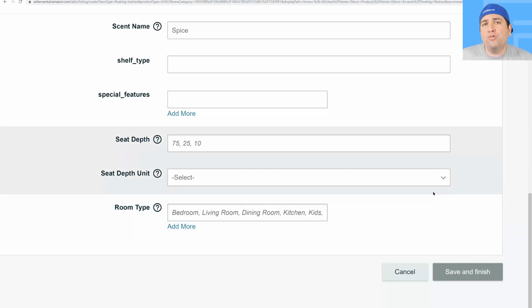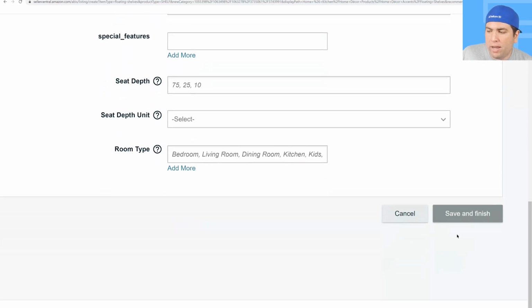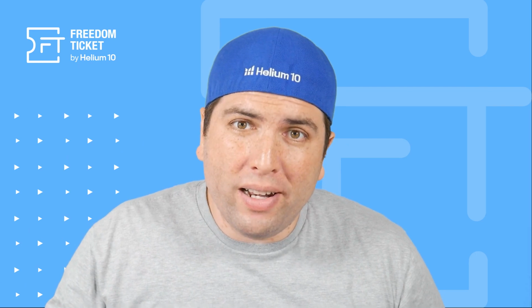So once you do everything and do all the required parts of this listing, you hit save and finish. You'll notice that this button right here is gray. That's because I didn't fill in all of the required fields there. So I'm not going to be able to hit save and finish until that is the case. But guys, this is just a general overview of how you now bring your listing live. And now what's going to happen here is you hit save and finish, if you did it right, unlike me,